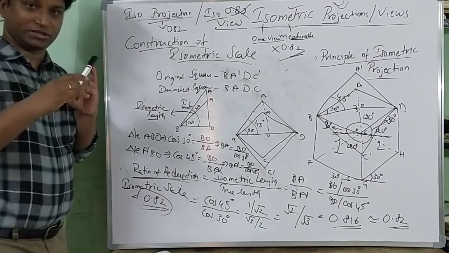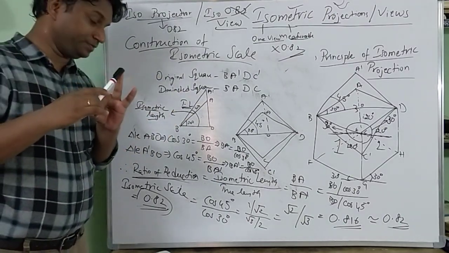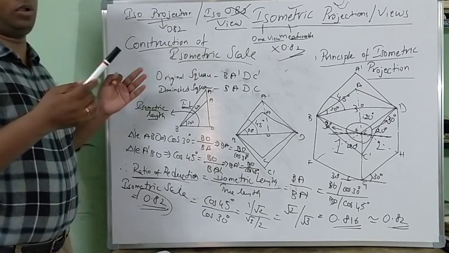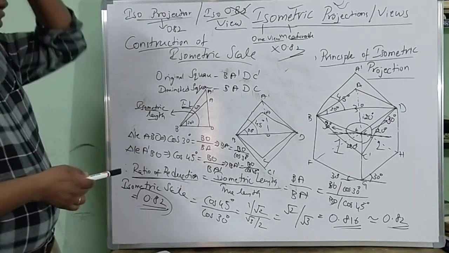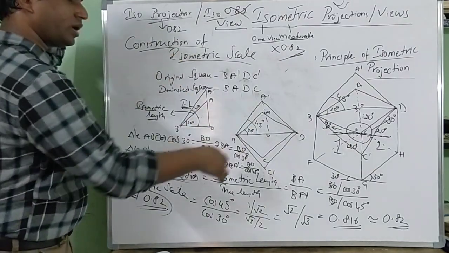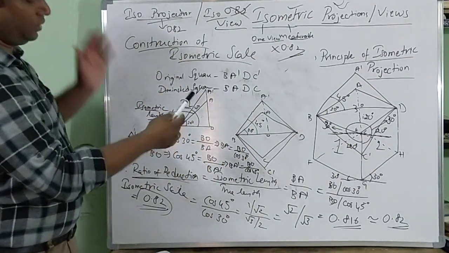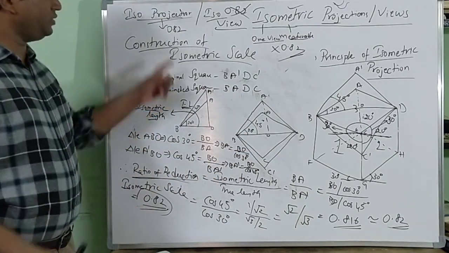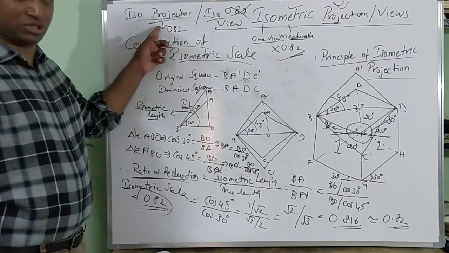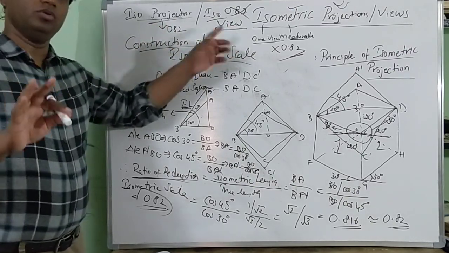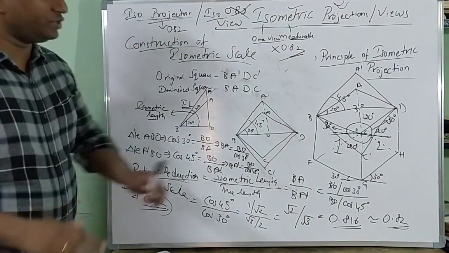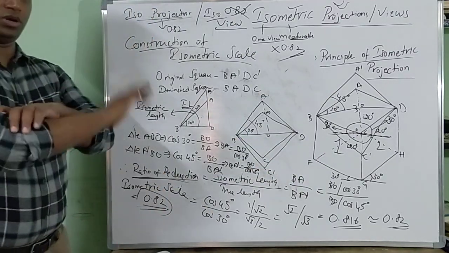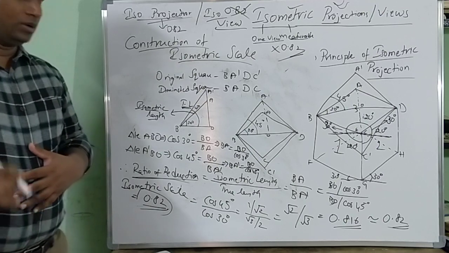Terminologies: isometric axis, isometric lines, isometric scale. After that, we saw how to construct the particular scale. This derivation is for your knowledge. The final value is 0.82, multiplied for isometric projection drawings. For isometric views, we use the original dimension, but we follow the isometric planes concept: iso left, iso right, and iso top.